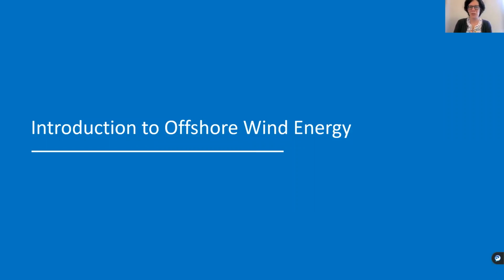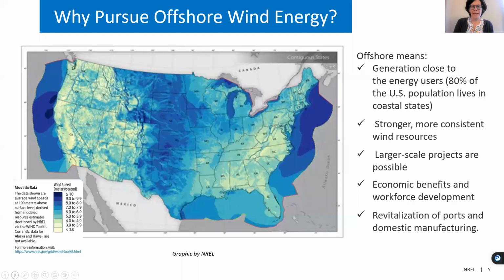Thanks. So why don't we move to the next slide and just back up for a moment. As Liz said, we promised to give you a little bit of context here if this is new, as I know it is for some of you. So why are we talking about offshore wind? There are many reasons why the US government and the wind industry are pursuing development off of our shores. First of all, the majority of our population in the US lives and uses energy along our coast. And so by siting energy generation close to where folks live, we can actually reduce some of the challenges of transmission, or the ways in which we move energy to people.